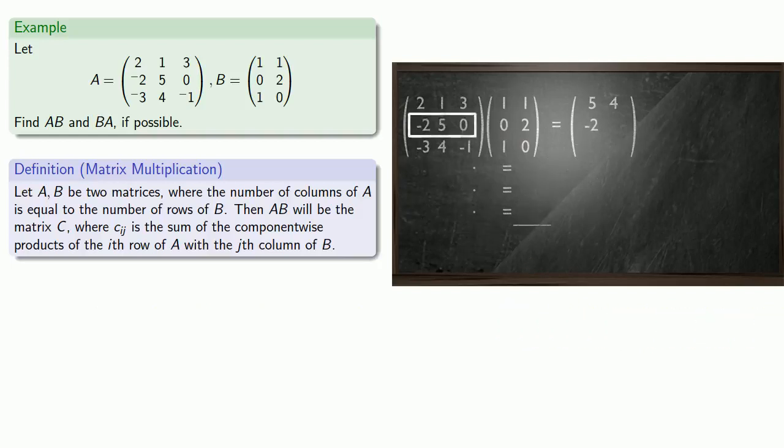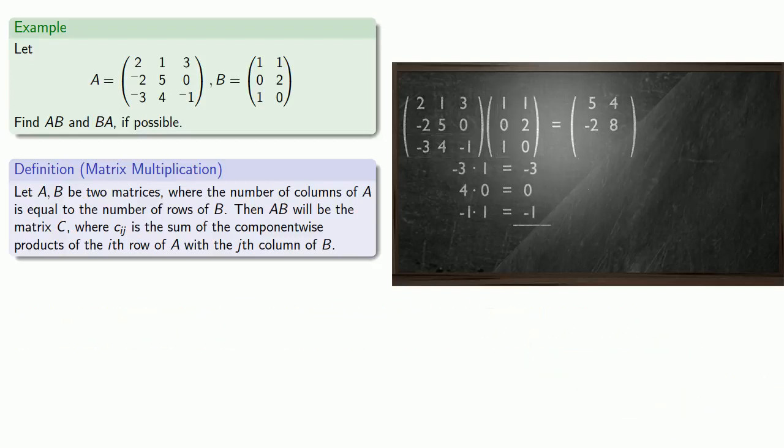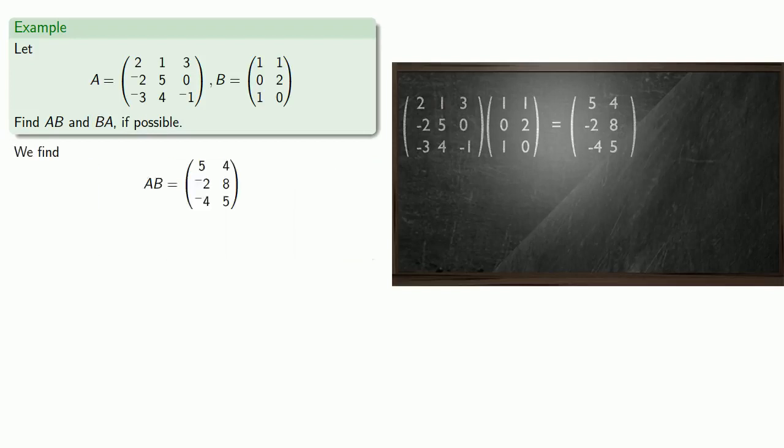The second row of A times the second column of B gives us the entry in the second row, second column. We'll take the third row of A times the first column of B to get the entry in the third row, first column. And finally, we'll take the third row of A times the second column of B to get the entry in the third row, second column. And this will be our matrix product, AB. Since A is a 3 by 3 matrix and B is a 3 by 2 matrix, the product BA does